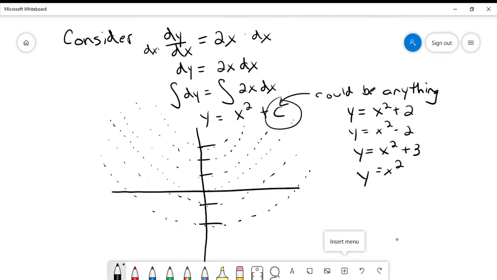c values. We know that this c could be a whole bunch of different things: positive 2, negative 2, positive 3. It could be 0, and it could be a whole bunch of things. What I've just drawn here is kind of a sampling of what a slope field looks like. Now, we don't normally have all these little dashes, though. What happens in a slope field